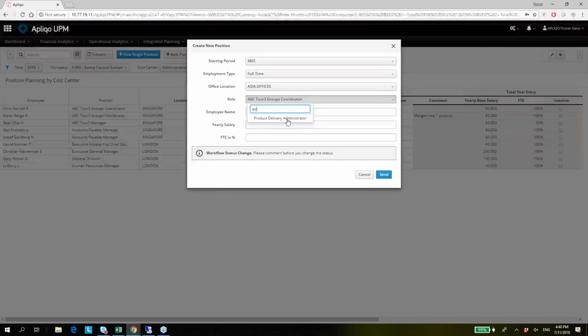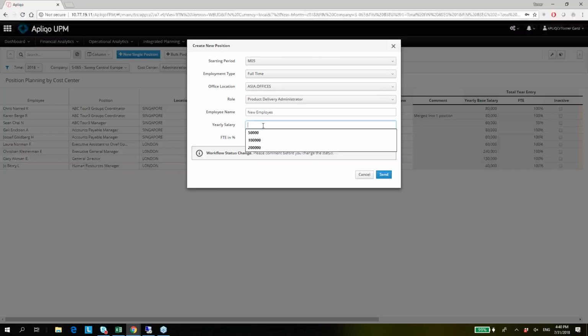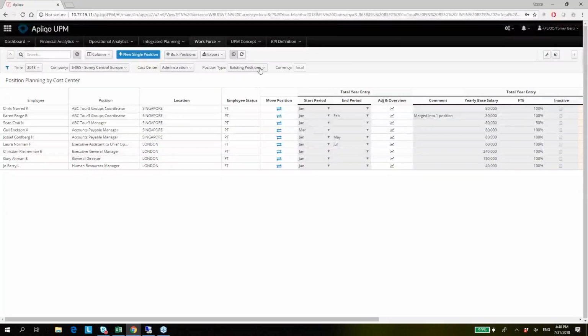administration, so product delivery administrator, and the employee name would be new employee, because I'm not actually sure who is going to be recruited for that position. I can give a yearly salary amount of, not to be too generous, 80 grand, and the FTE would be 1, because it's 100%. Once I do that and click OK, I get a notification that a new position has been created. And now I toggle into the new position section,